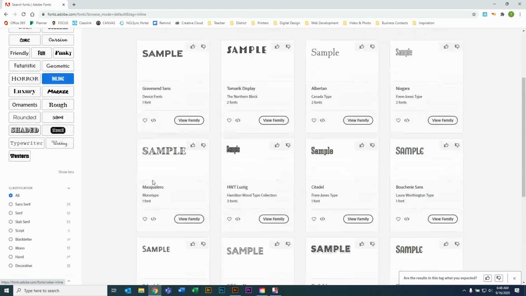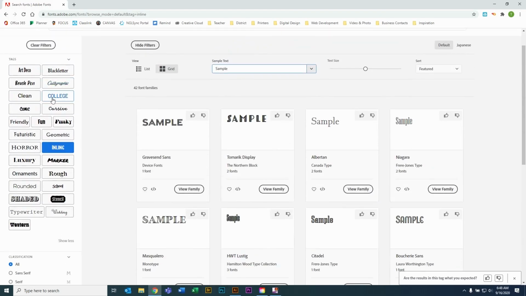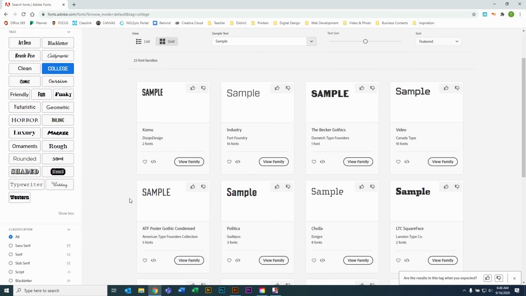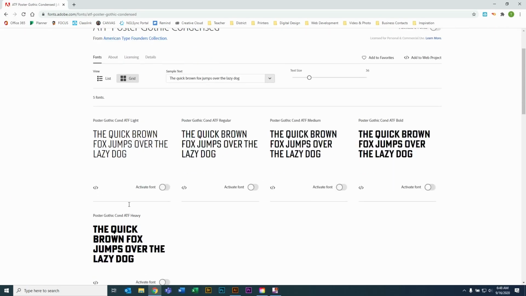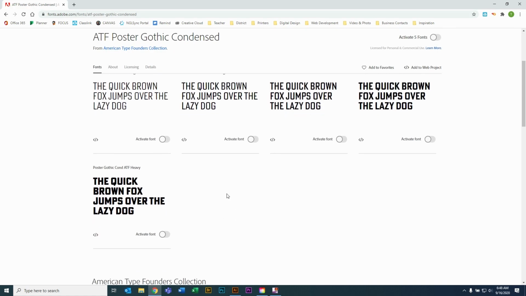So one of the neat things is you can actually go pick different fonts. So maybe I want a college font, and I could say, you know what, maybe this ATF Poster Gothic Condensed is what I like. So let me go ahead and click on this one. Now you notice I could pick just about any of these. So maybe I like this real heavy condensed font like that. I can choose to activate the font,